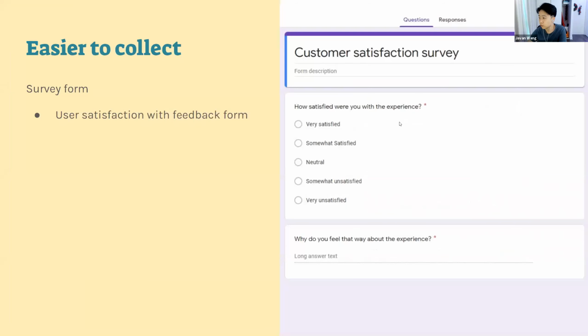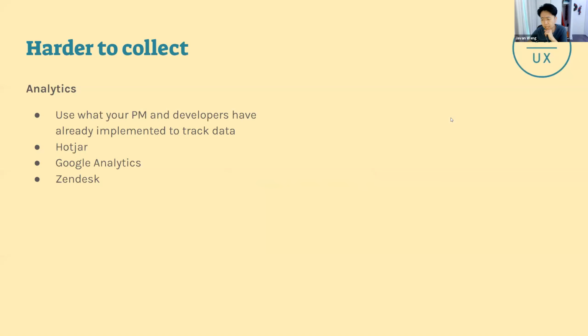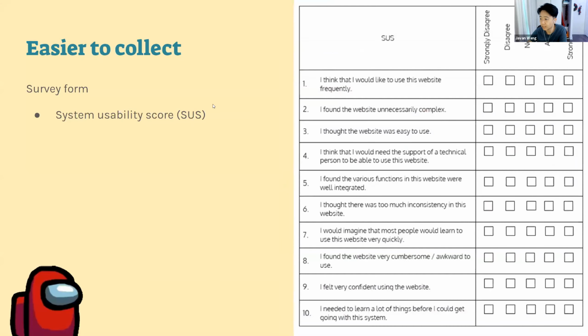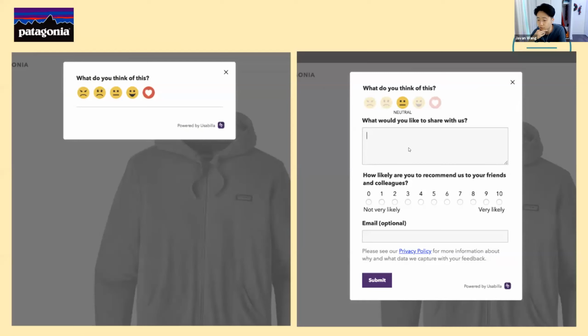Yeah, either SUS or some form of user satisfaction feedback form. It's nice to know how to set up these analytics, but most companies don't expect you to know this stuff at all. If you know it, it's a nice bonus, but you're typically not paid for it. The system usability score is a good way of evaluating things, along with a customer satisfaction survey. These are simple, rudimentary, and you can apply them to a lot of different things. The powerful thing is that with this feedback form specifically, you can glean a lot of qualitative data as well.